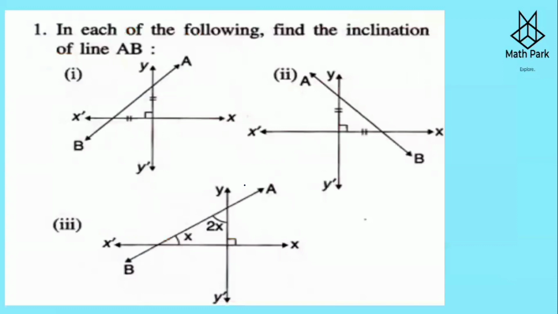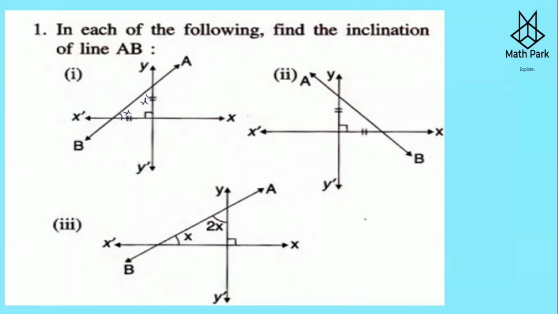In each of the following, find the inclination of line AB. Now, the first one, you can see the line AB over here. These two equal parts say that this is an isosceles triangle. This is 90 degrees. And then these two angles, if I take them as x and x, we solve by the angle sum